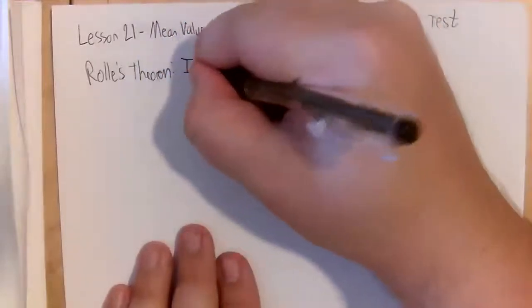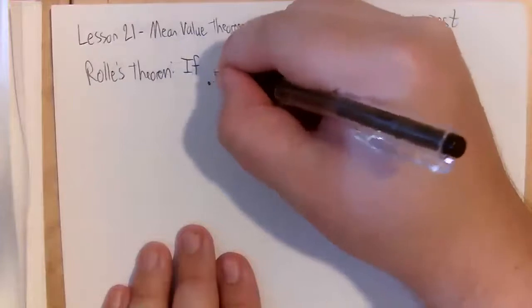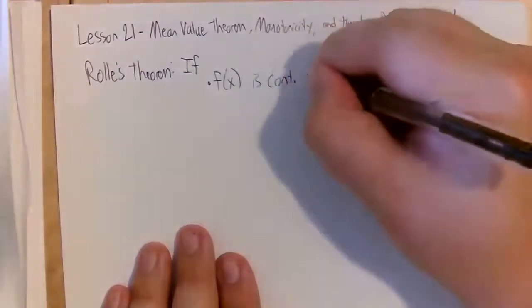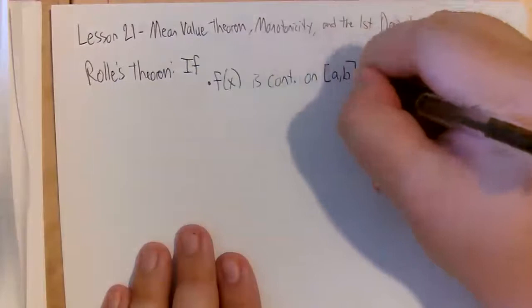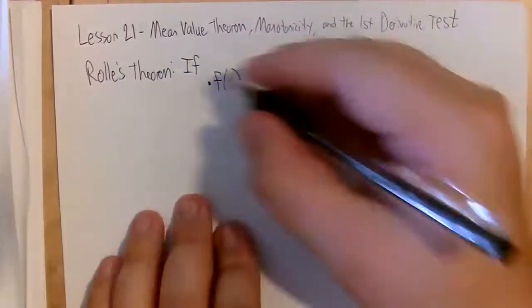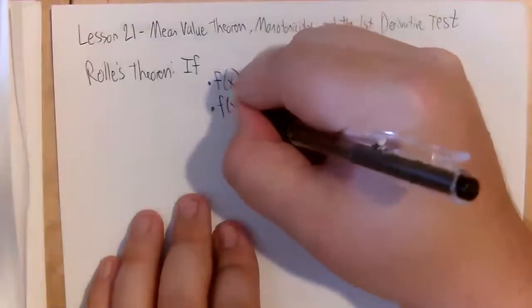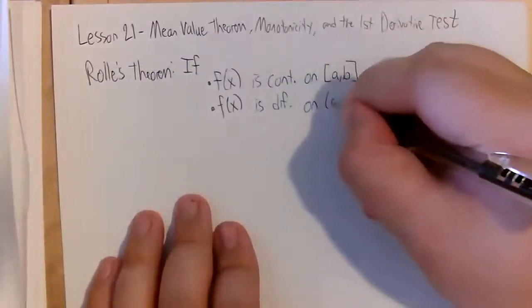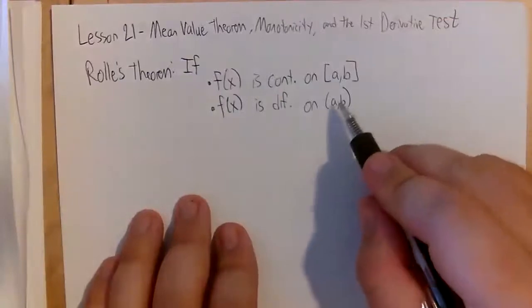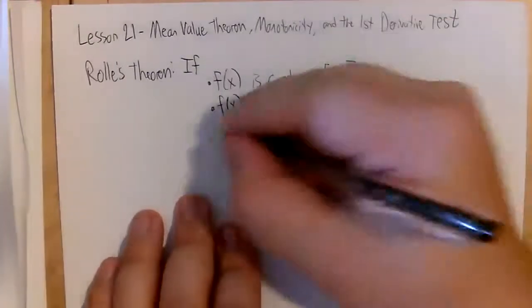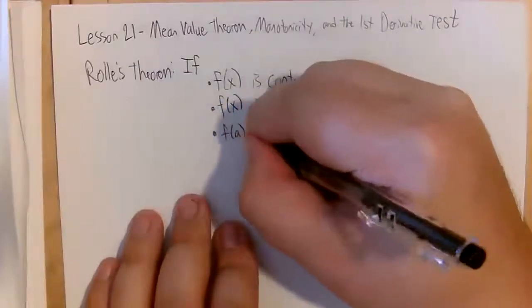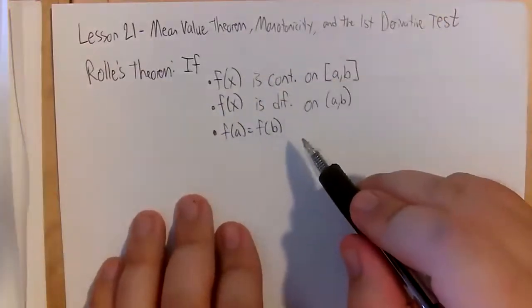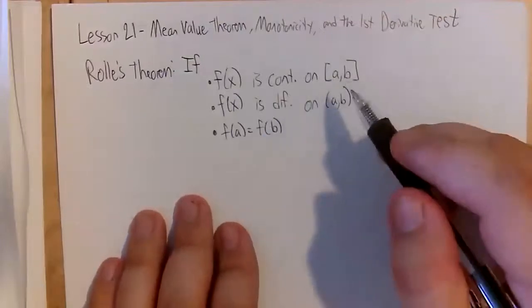Rolle's theorem says that if the following three conditions are true, so if we have a function that is continuous on the closed interval AB, including the endpoints, and if that same function is differentiable, meaning it has a derivative, on the open interval, I suppose it could fail to be differentiable at A or B. And finally, that the value the function takes at the first endpoint is the same as the value it takes at the second endpoint. So if we have all three of these conditions met,